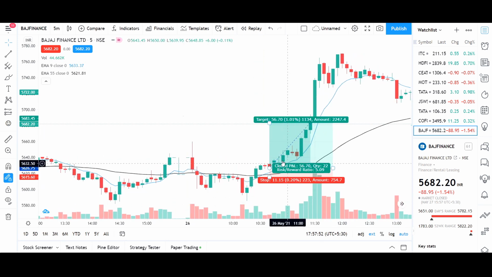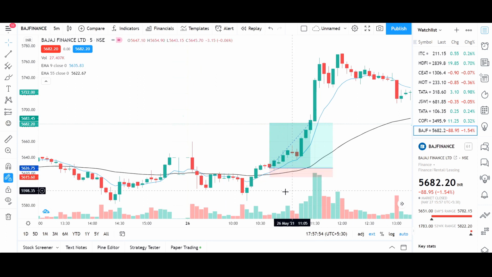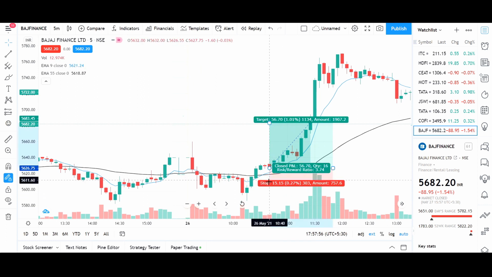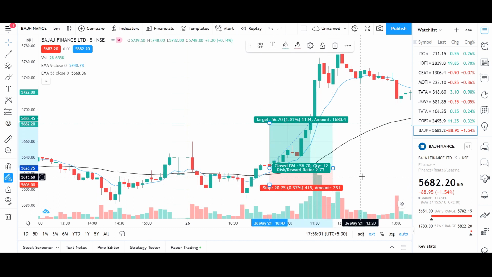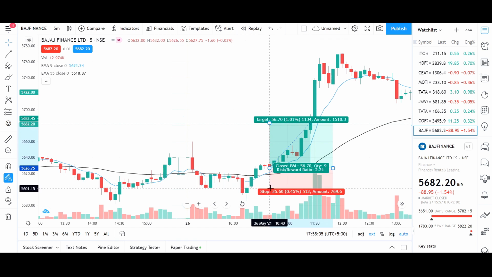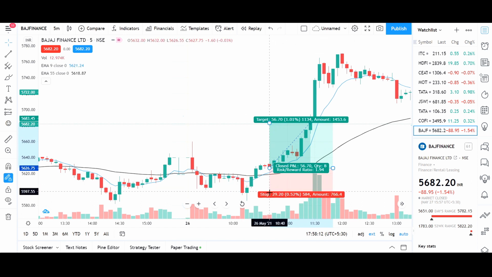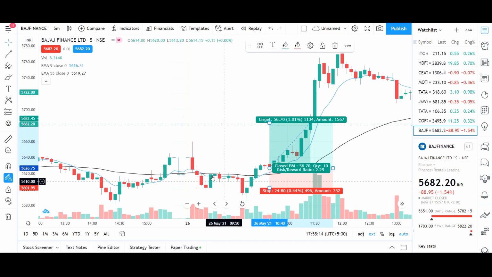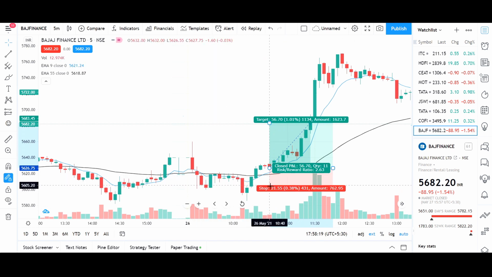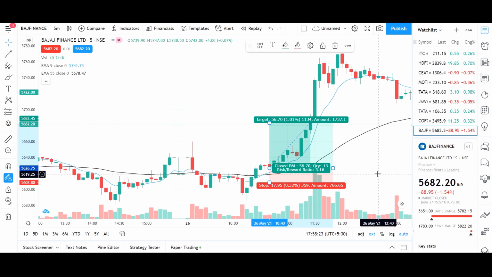So we entered the stock somewhere here and we will keep our stop loss somewhere here, maintaining our risk to reward ratio of 2.73, which is a good risk to reward ratio. So we will keep it below the 55 EMA, or if there is a very key support at this point, we will keep it below the support. Okay, at this point there is not much of a support price here, so we will just keep it a couple of points below the EMA. So we are able to manage our risk to reward ratio.